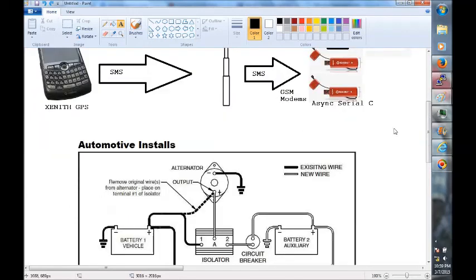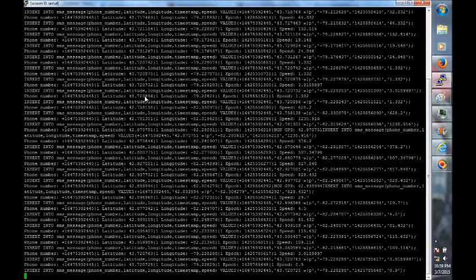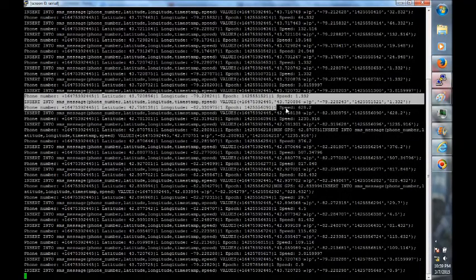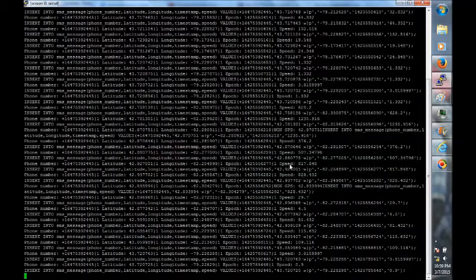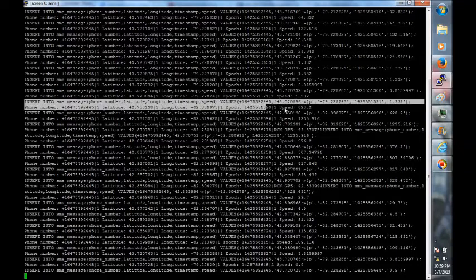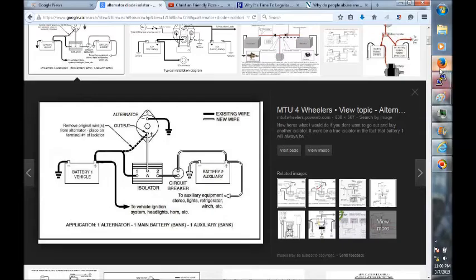So that's that. Here's a screen. Here's an actual live view of the coordinates coming in. This is the asynchronous serial program written in C. These are the commands sent via the MySql library to the server, inserting the coordinates. And basically what I have next is just a small video of the actual software running on one of the phones. Before I get into that, just in terms of cost, what you're looking at here,